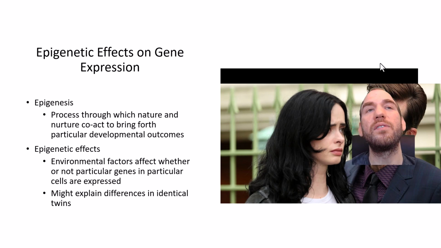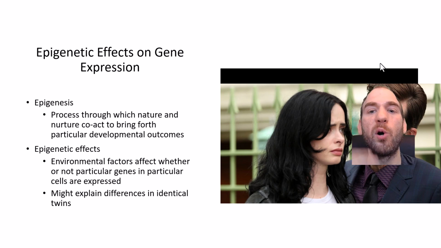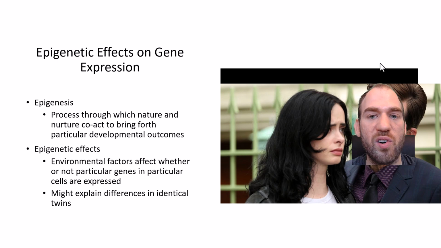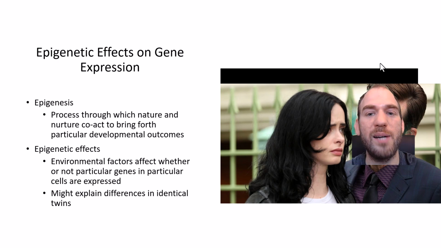So for example, the key point here is that when you inherit genes, they are typically predispositions. It does not mean that you're going to for sure have that gene impact you in any meaningful way. We can imagine two sets of people who both inherit a predisposition for aggression or something along those lines. Well, one of those people can turn out to be a violent criminal, while the other person never commits any violent crimes and is extremely peaceful. Maybe they're a pacifist or something, I don't know.